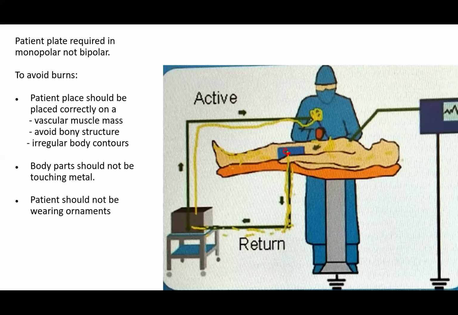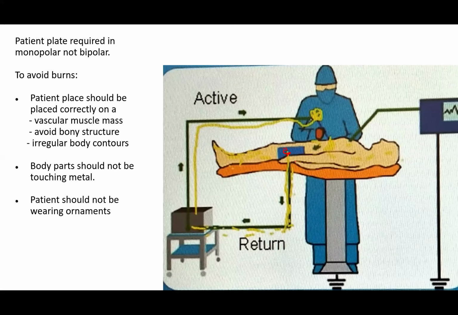to avoid burns, the patient's plate should be placed correctly, on a vascular muscle mass. Avoid bony structures. So when you are placing that plate, you should avoid bony structures and irregular contours, so that you have a very good contact. That is very important. You have a very good contact, okay? And it must be well vascularized,